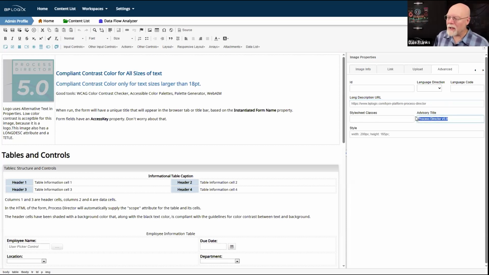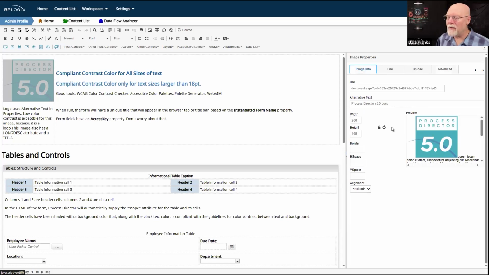Less optional is the advisory title. There are some devices that will look at that advisory title for additional information as well, in addition to the alt text. So the advisory title is, I would say, less optional than the long description URL, but you do need to have an alternative text, and it needs to be filled out so that there is an alt text, which, by the way, doesn't just work for assistive devices.